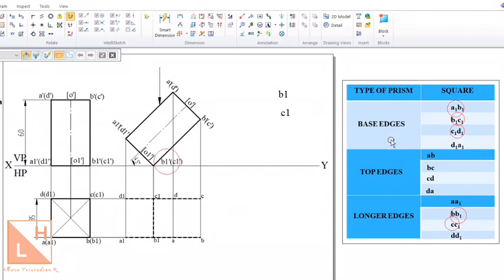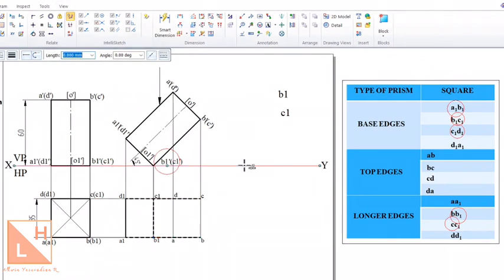Now hidden edges are done, all the remaining edges will be drawn as visible edges. Now what are the remaining edges? You can just have a look at it. D1 A1. So we'll draw D1 A1 with a dark line, and now it is not a dashed line, it is a continuous line. So D1 is here, A1 is here, we'll draw that with a dark line, right? And next go to the next one, AB, BC, CD and DA. Now if you just have a look at this, A to B is actually already connected with a dotted line, that is a dashed line.